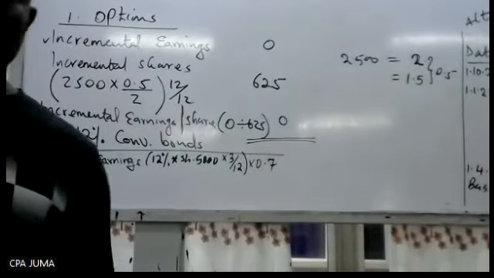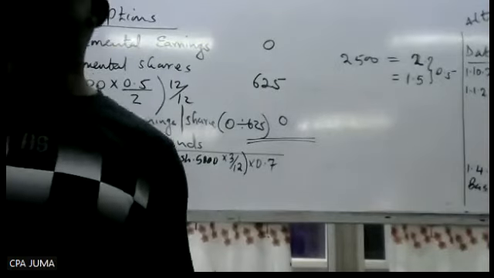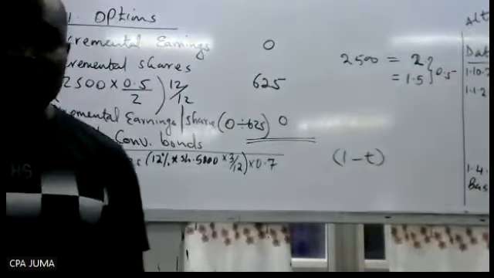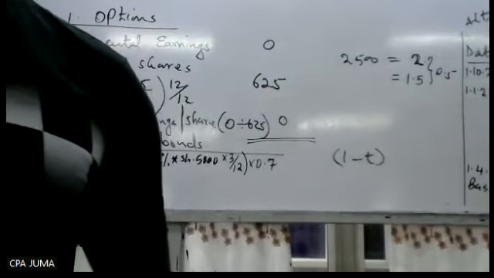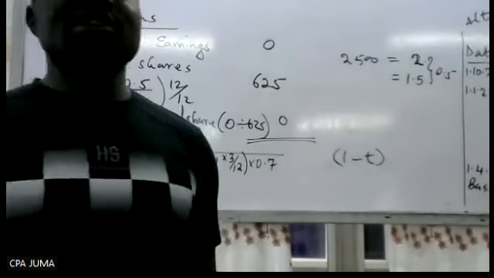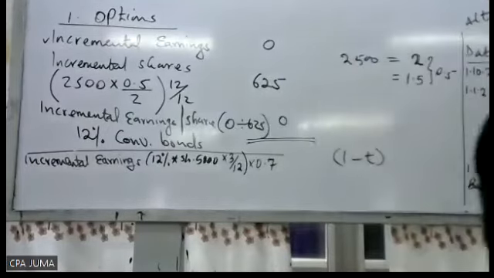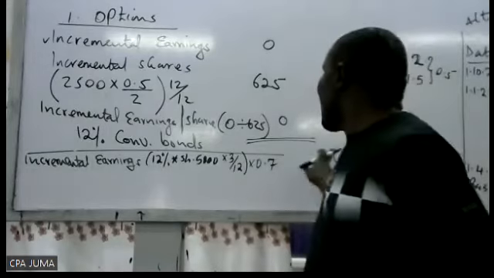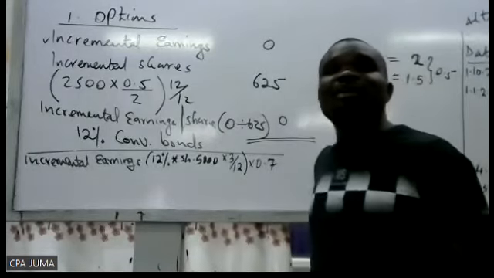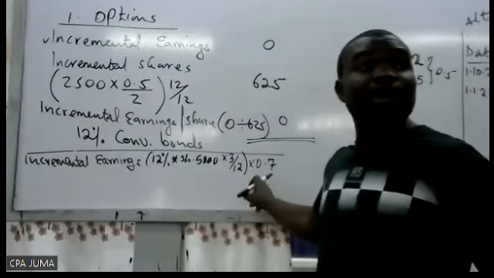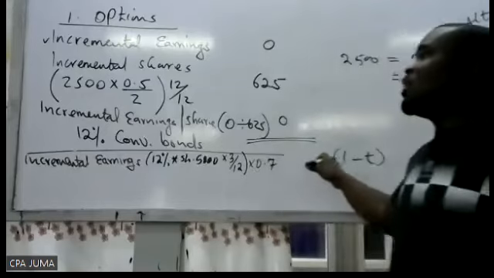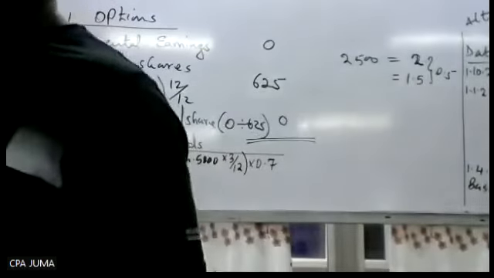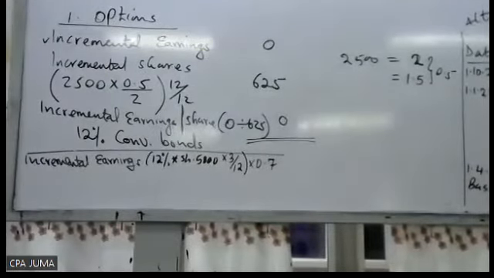So students forget. Even the FM lecturer tells them interest is tax allowable. You multiply by 1 minus what? That is why tax rate was given somewhere there. Interest is really pre-tax, so you multiply by 1 minus tax. Tax is 30%, so you multiply by 0.7. People normally forget about the tax. When it comes to bonds, debentures, always remember to work with the pre-tax issue. You get? How much?